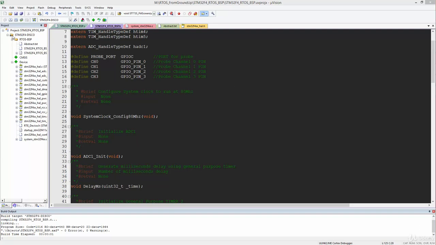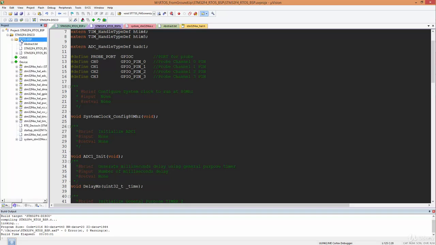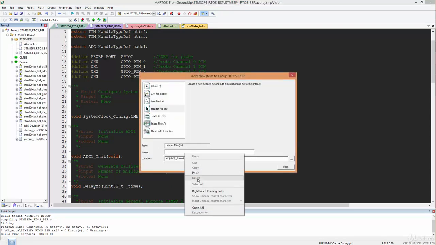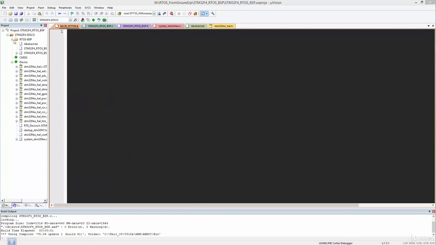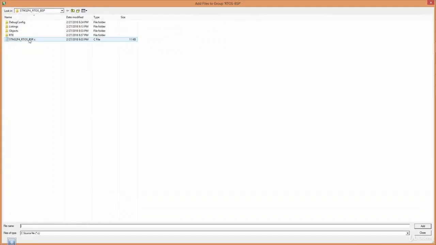What I'm going to do is create a new interface and a new implementation file. I'll come over here to my source group, right click, add new item, and this first one is a .h file, and I'll call it the GLCD ST7735. Then I'll add it. Then I'll create a .c file as well. Right click. Okay, let's just add the